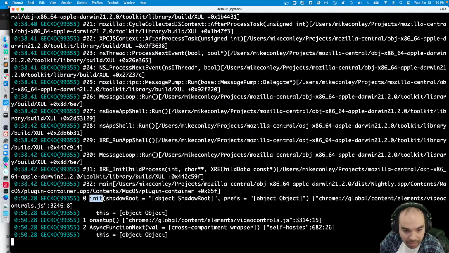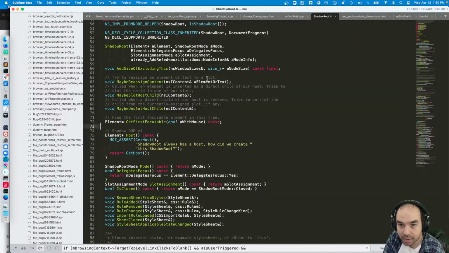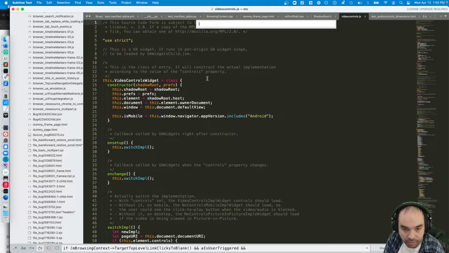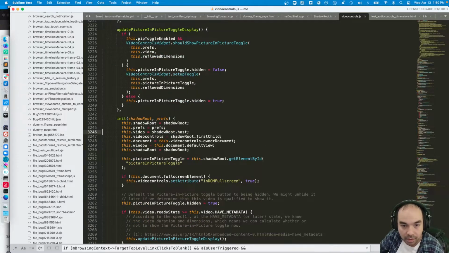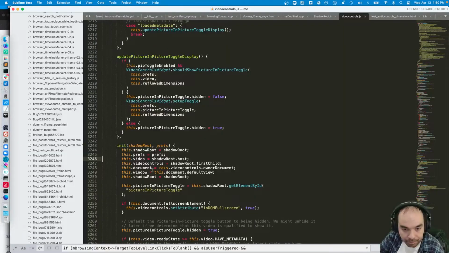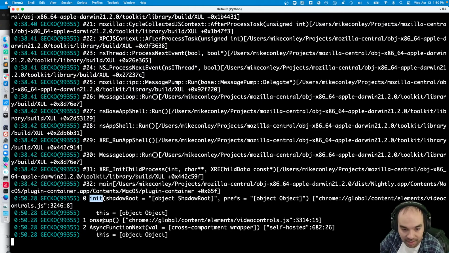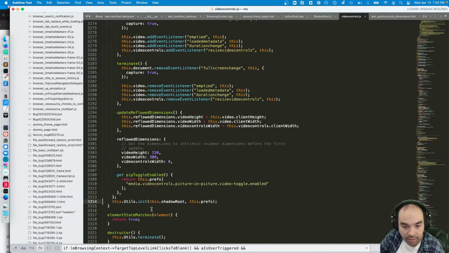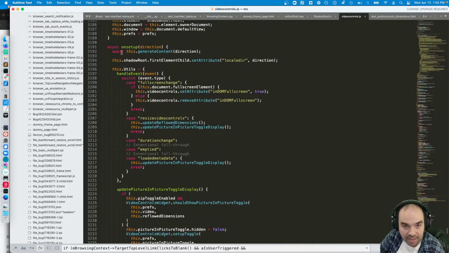So inside the init method, line 3246 of video controls. 3246. We're trying to get the host here on init, and that's in the on setup, 3314, down here in this async on setup function. So we attempt to generate the content,